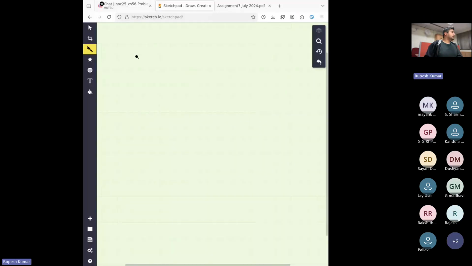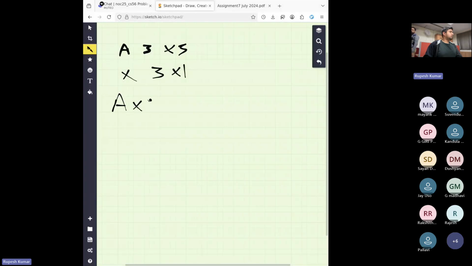Fine. Now let's say we have a matrix of dimensions 3 by 3. So we have matrix A of dimensions 3 by 3. And then we have a vector X of dimensions 3 cross 1. Now you want to compute the value A multiplied by X. So this is basically matrix vector multiplication. It will give you a vector on output of 3 cross 1 dimension.